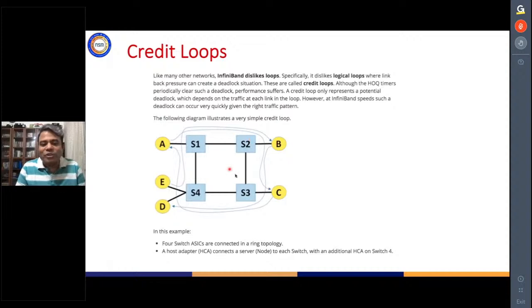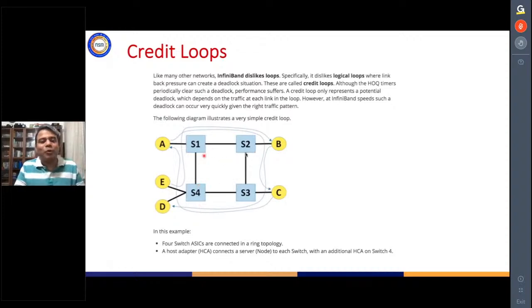So in a four switch scenario, obviously you have servers connected to every switch. When you have a server A wanting to talk to C, wanting to talk to D, and E wanting to talk to B, and at the same time, all of these are wanting to talk to each other, you will result in something called a credit loop or a deadlock, because